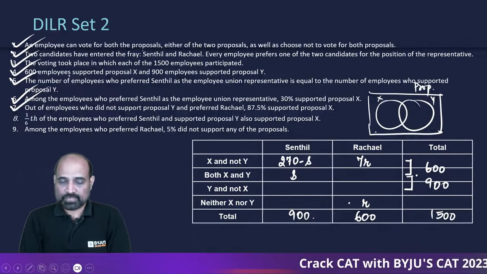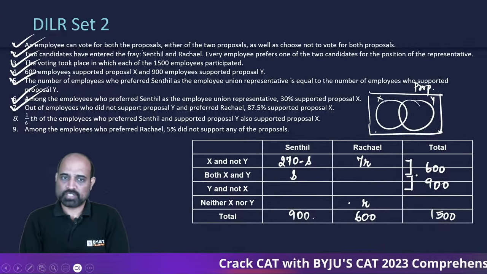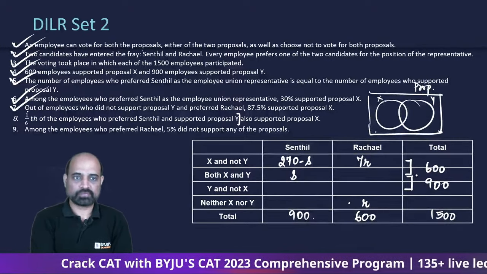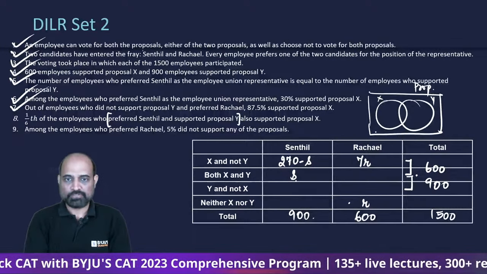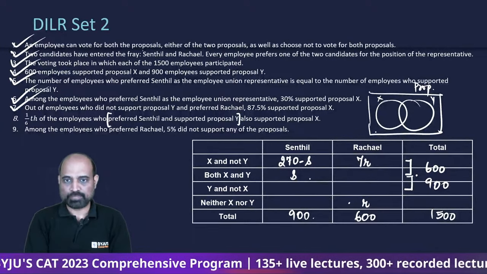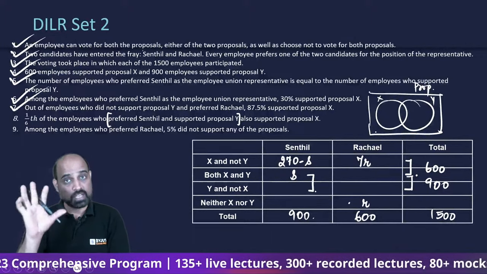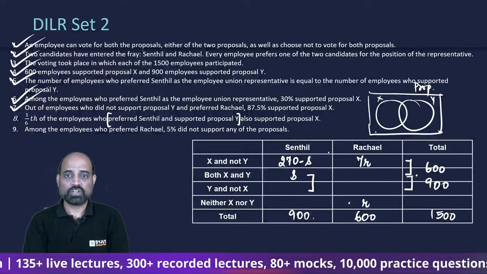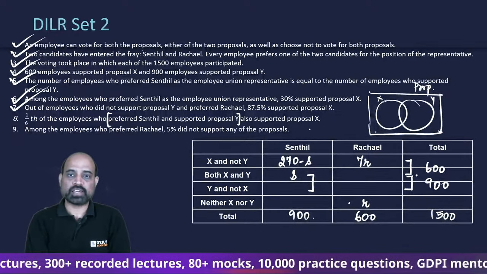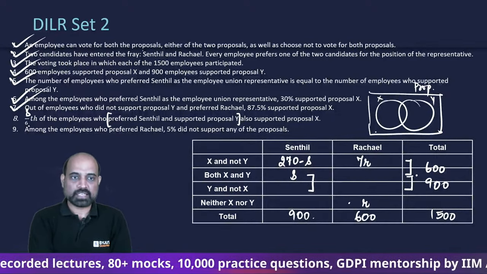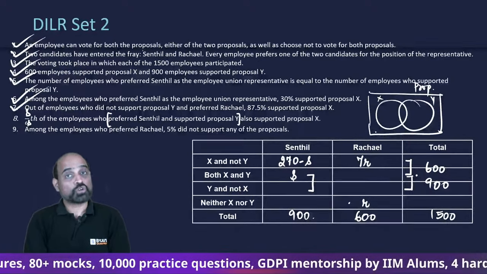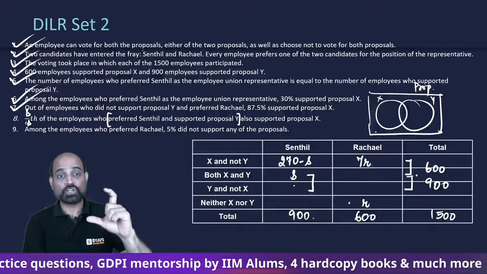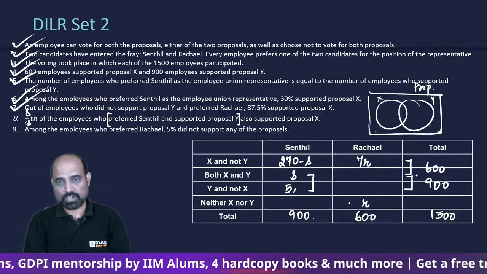Okay, next. 1/6 of the employees who preferred Senthil and supported proposal Y. In दोनों का sum. These are the people who support proposal Y and under Senthil also support proposal X. So 1/6 means S by 6S. So S people support X along with Y out of 6S. तो ये अपना 5S होगा,